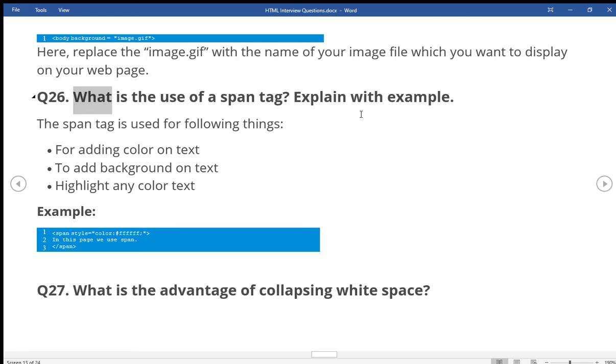Q26. What is the use of a span tag? Explain with example. The span tag is used for the following things: for adding color on text, to add background on text, and to highlight any color text. Example: <span style="color:#FFFFFF">In this page we use span.</span>